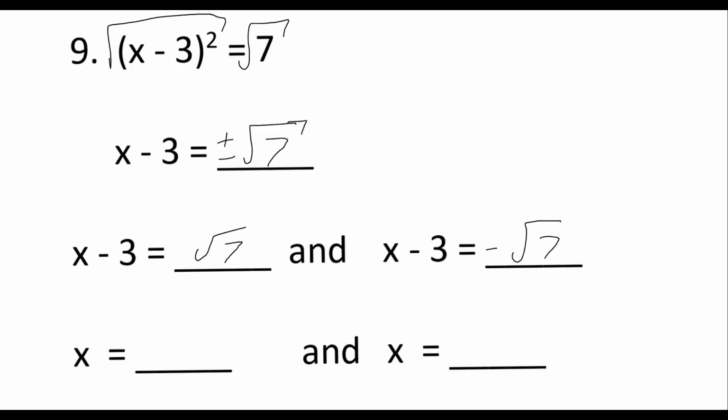X minus 3 is going to be the negative square root of 7. So basically what's going to happen is we're going to have square root of 7 plus 3. See if I can write that a little bit nicer. And we're going to have negative square root 7